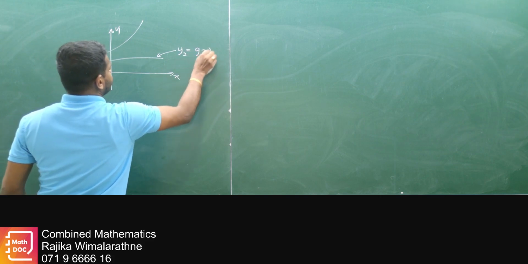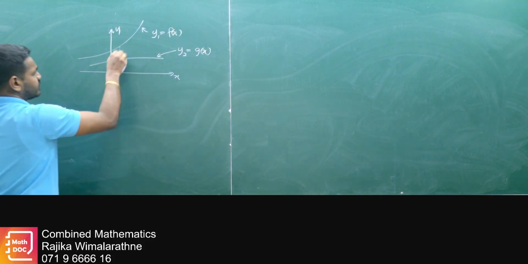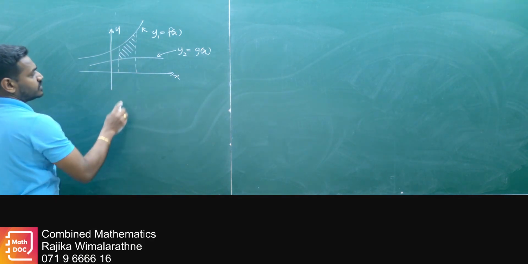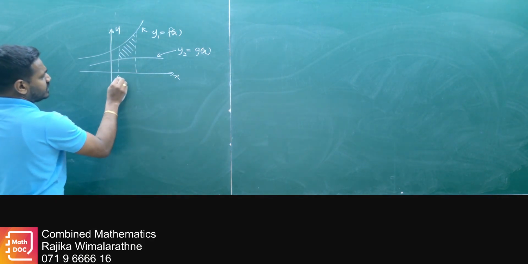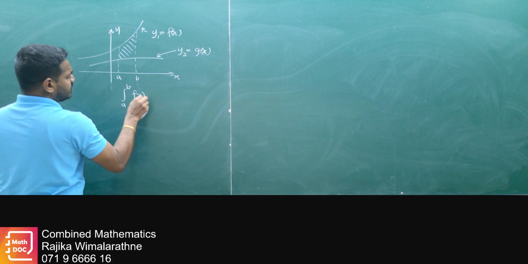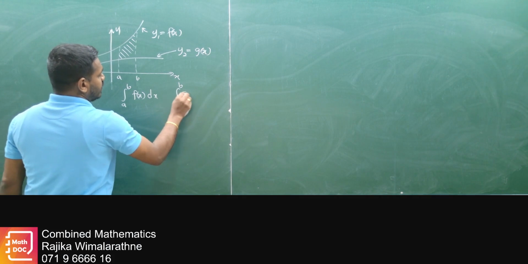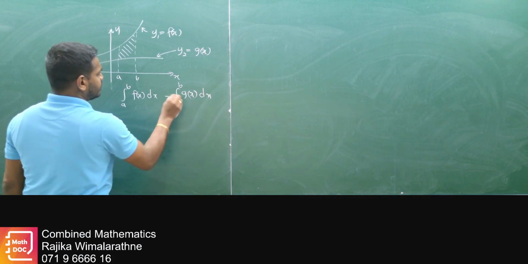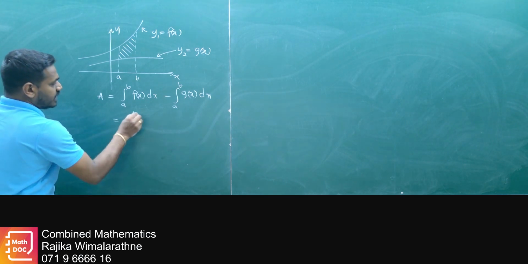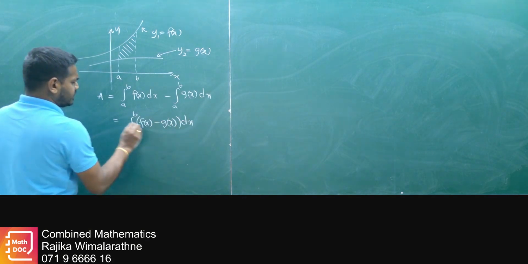y2 equals g(x), y1 equals f(x). Then here this region: to get that region, you do this. Integrate a to b f(x) first, then integrate a to b g(x), then subtract it. That is the shaded area. Then you write a to b f(x) minus g(x) dx. That's how we get